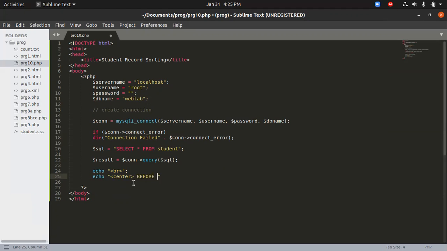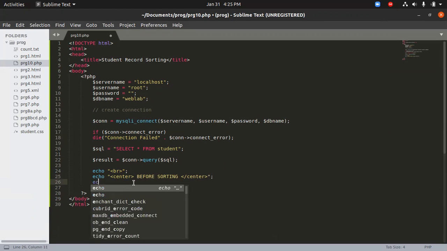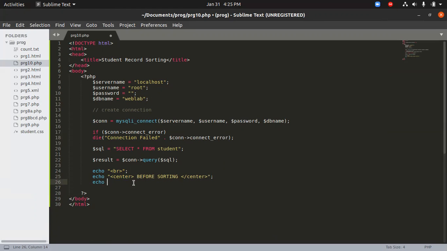This is before sorting. So we just want to show the table how it was before sorting. So that's what we are doing here. Before sorting, we'll just keep it in center, then close it up, and then we set the table border, with the border of 2, and then close it off.